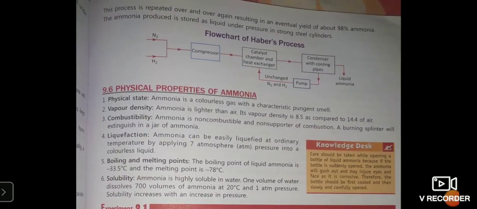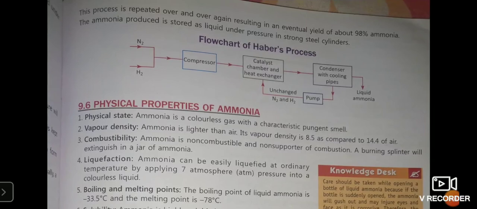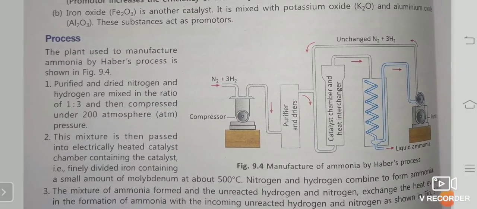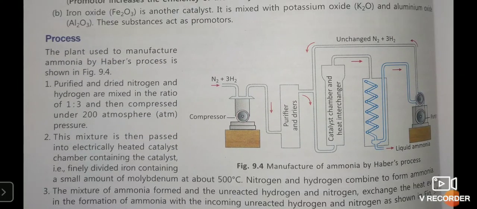Please practice the flowchart which we have discussed, as well as the labeling of this diagram. Below the diagram, when you are practicing, please write down the essential conditions: in which chamber what reaction is taking place, what changes are taking place. Because they will not ask you a long question from this part. They will either give this diagram and ask you 4 or 5 questions with one-line or 2-line answers.